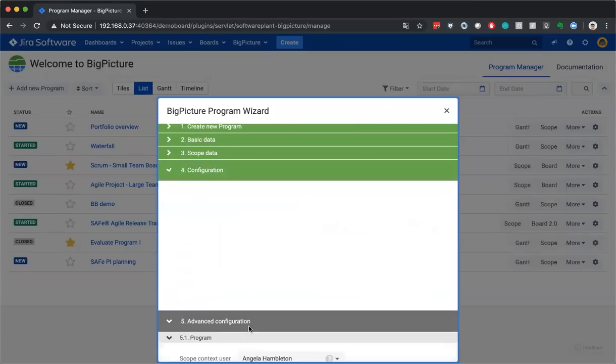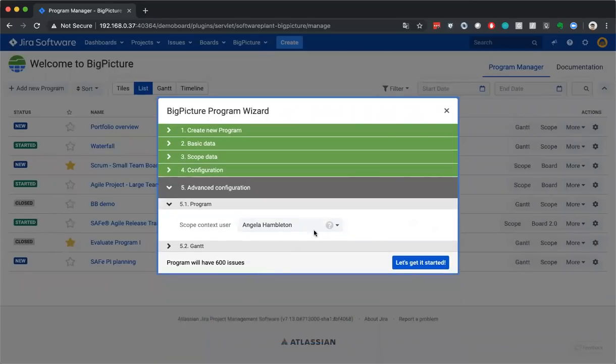Advanced configuration has one very important detail. This is the scope context user. The scope context user is something that I call a data privacy user. This is because whatever permissions are assigned to this user, whether it's me or the administrator,